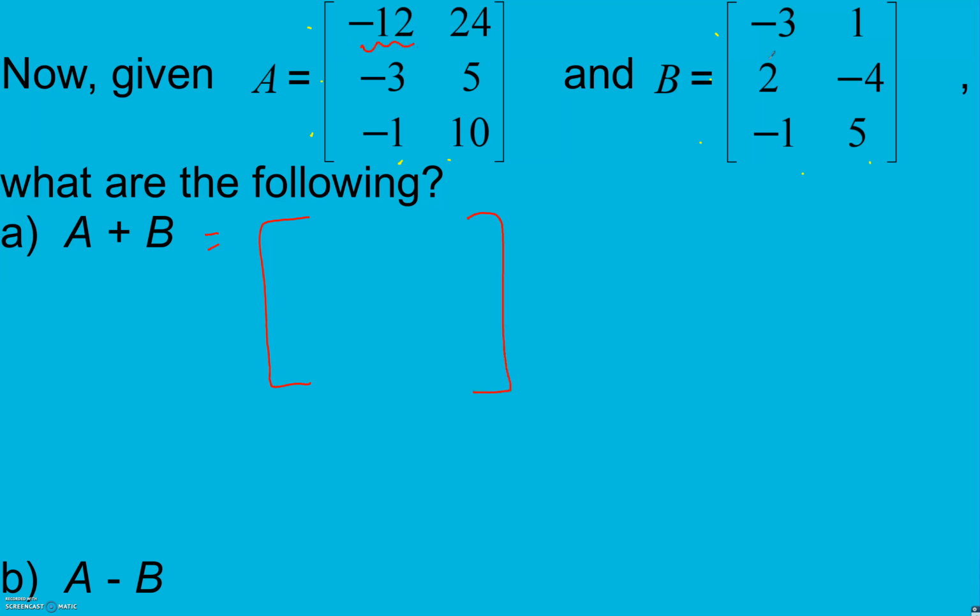we take the first element in A plus the first element in B. 24 plus 1. Corresponding elements go in the corresponding spot. -3 plus 2. 5 plus -4. -1 plus -1. And 10 plus 5. This is going to be here